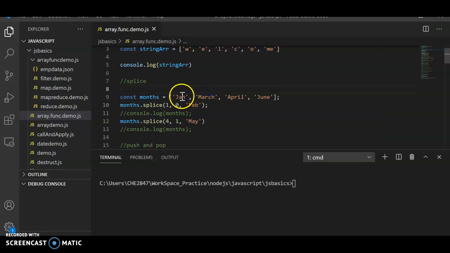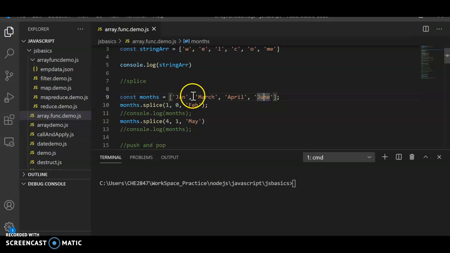returning the deleted elements. What it means is, for example, I have an array of months: Jan, March, April and June, and I want to add an element here after Jan. If you know, the array index starts from 0. So this is element 0, this is the element at position 1, this is position 2 and 3.